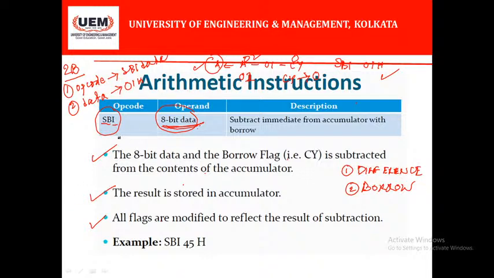Is it a 0 address, 1 address, 2 address or 3 address instruction? Which address instruction is it? The length of this instruction is 1. That means it is a 1 address instruction. Why? Because we are observing that in the operand field there exists only one